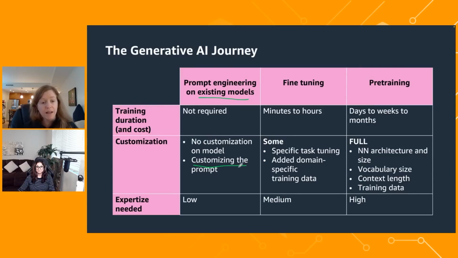You don't need to customize the backend model, but you do want to customize the prompt. So you will need to modify the prompt according to the model. And it's absolutely possible to find a case where this solves your business problem end to end. Summarization is a great example of this. Entity extraction is a great example of this. Classification and stylizing are some set of use cases that can be well solved by just prompting existing models. And then once you've exhausted that first phase, but you still have custom data sets